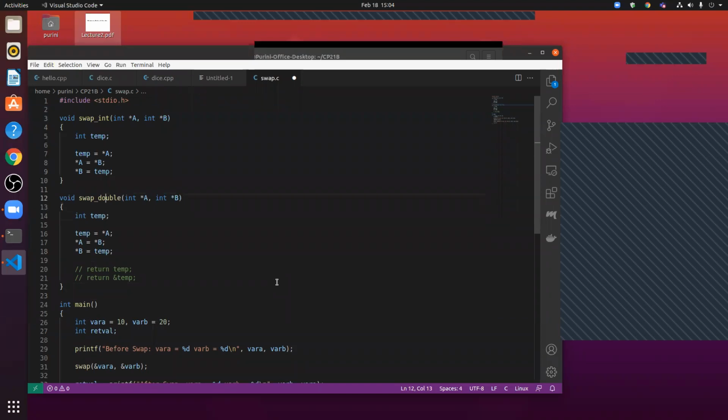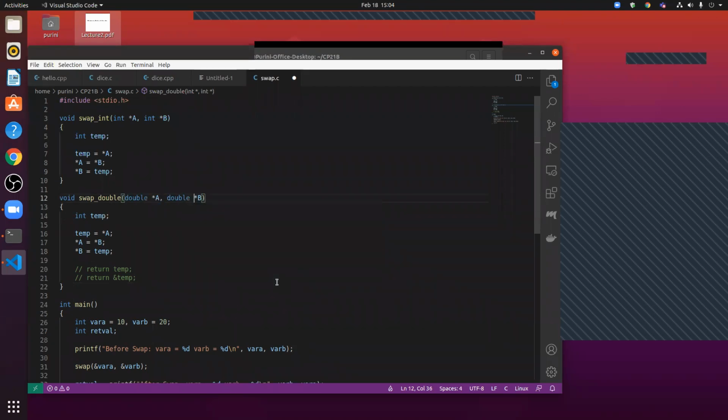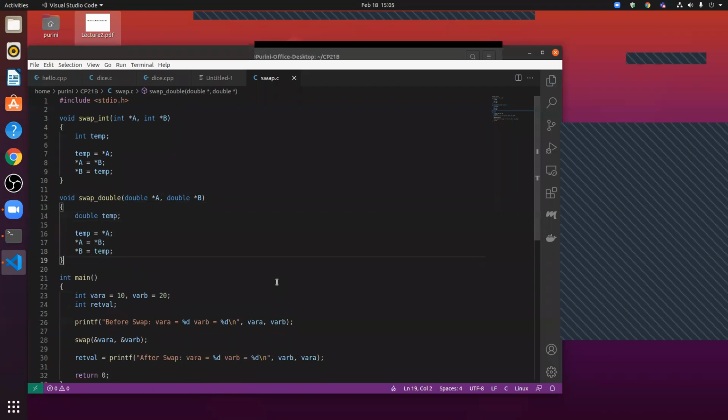And does this make sense? That if you want to swap two doubles, we have to write code like this. And let's say this is double dvar a.